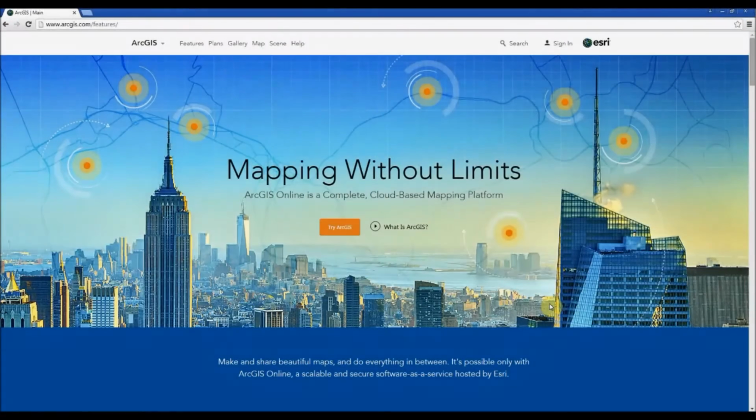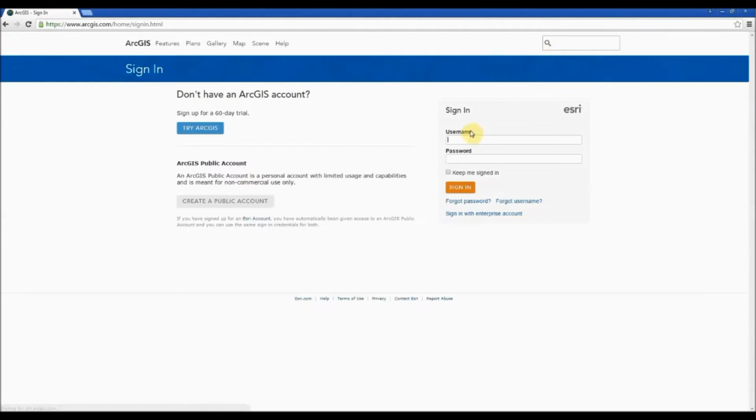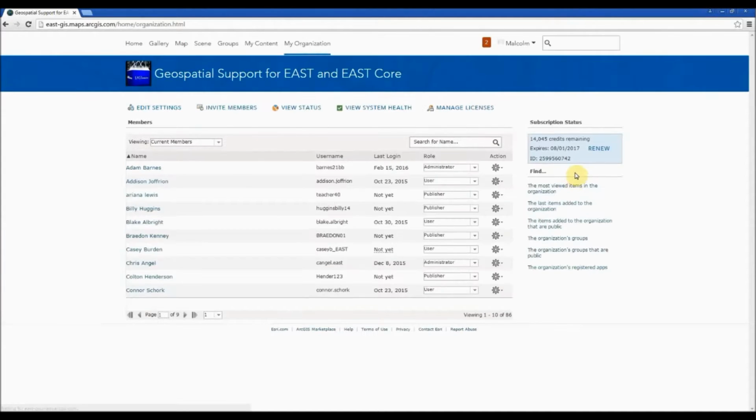The next steps are to open our data in ArcGIS Online and to create a map that we can use in our Collector app. So I'm going to sign in to ArcGIS Online with my organization account name and password, the same that I published with from ArcMap. And I'm simply going to go directly to the map window,